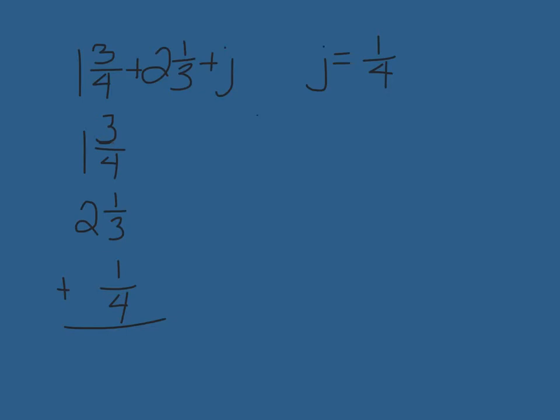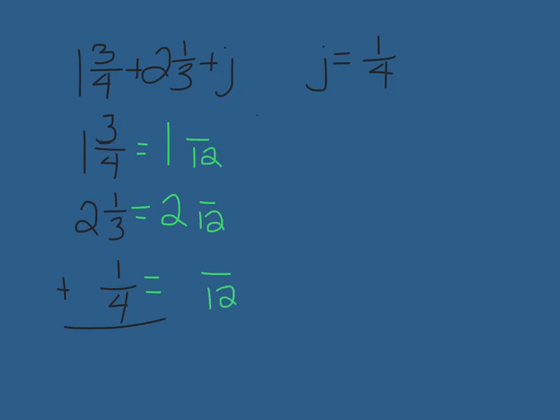As I take a look here, I have a 4, a 3, and a 4 for my denominators. So I need to figure out what all three of these go into. I know that they all go into 12. So I'm going to make that my common denominator. So equals, I bring over my whole number, and I bring over my whole number, and that one doesn't have a whole number. Then I make my fraction bars. So if I want to make them all 12,